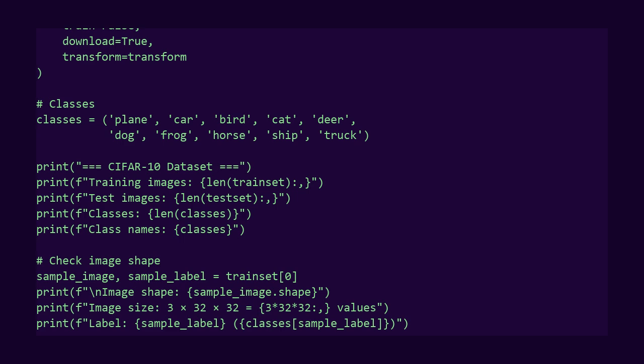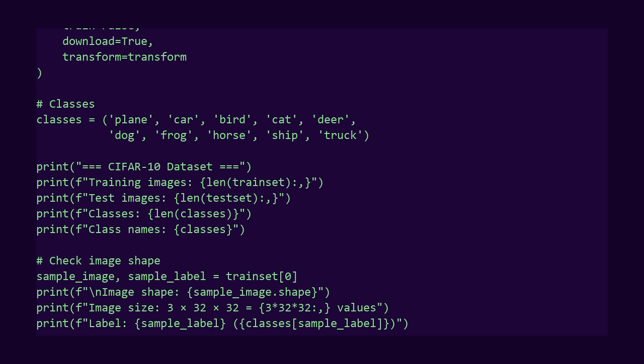Now I'm loading the CIFAR 10 dataset. The download parameter is true, so it'll download automatically if not present. The download is about 170 megabytes. We have 50 training images and 10 test images. The classes are airplane, automobile, bird, cat, deer, dog, frog, horse, ship, and truck.